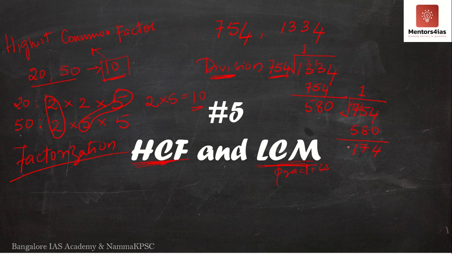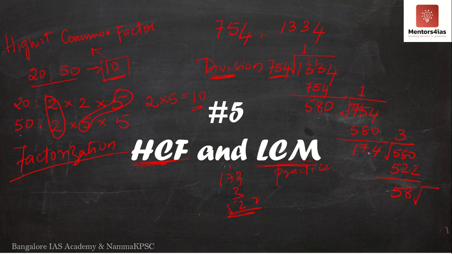So now I will divide 580 by 174. So I am bringing 580 over here, and I am dividing it by 174. So 174 twice is 348, 340. Let me try by 3 over here. So it should be 522. Yeah, 522 should do. So what I will do is 3 times. So it is 522. 80 minus 20, 62, 58. Again I have a remainder.